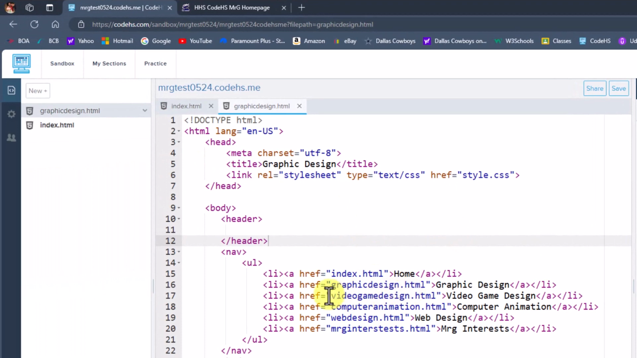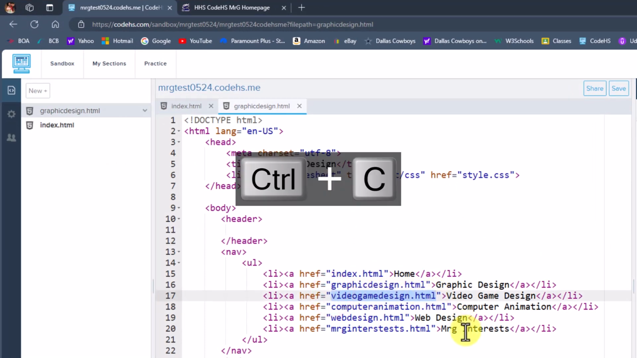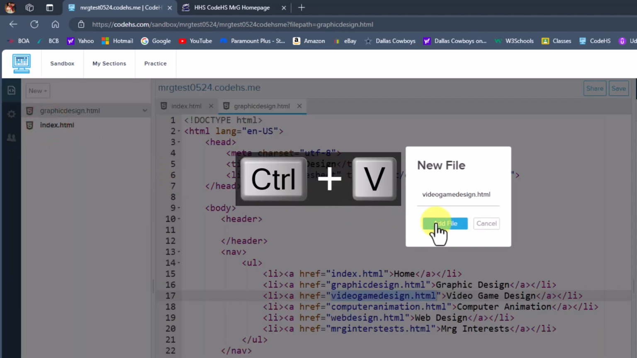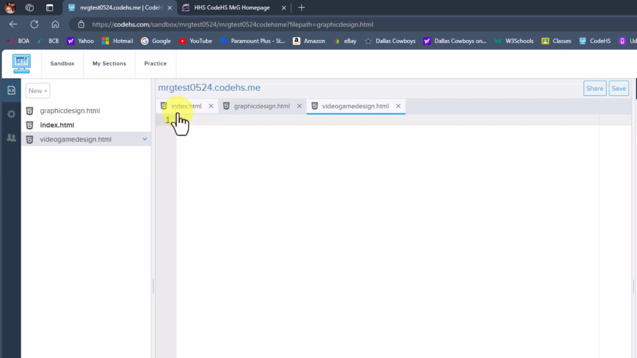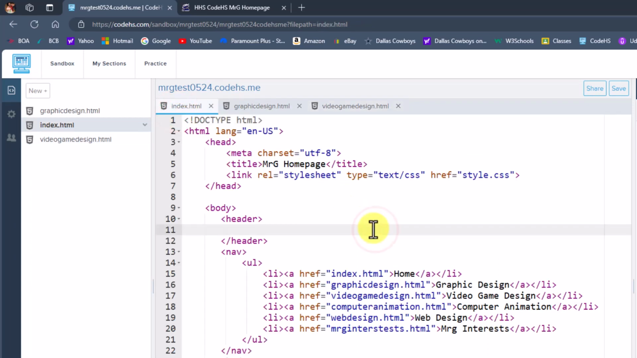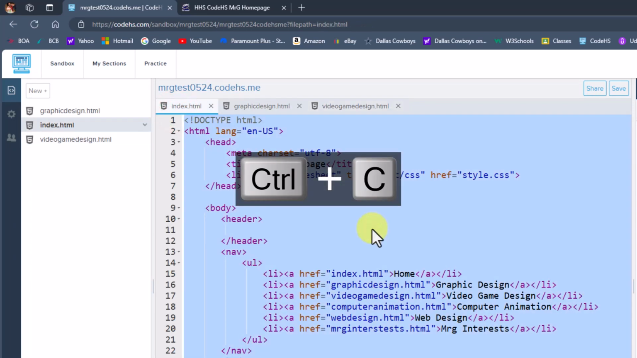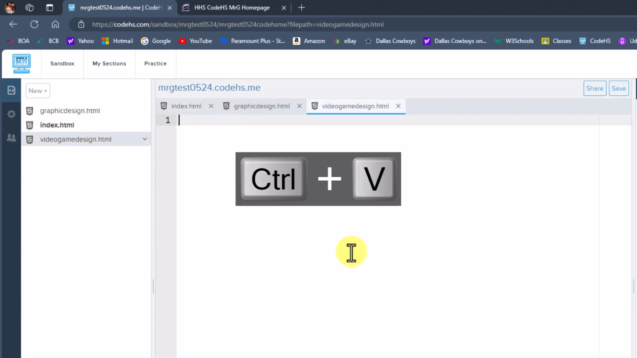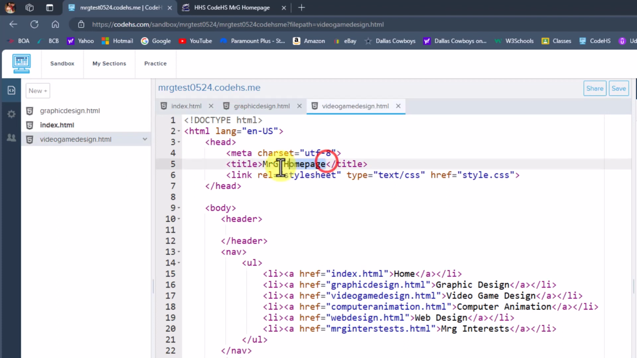So we need a page for video game design, so we're going to copy that first, highlight it, Control C, click new file, paste it in, add file, come back here, click, Control A to select all, Control C to copy, click on that video game design, click in here, Control V to paste, change this from Mr. G homepage to video game design. Save it,